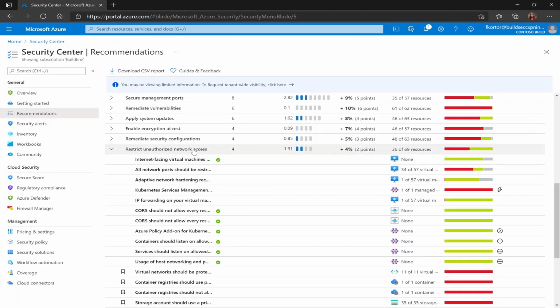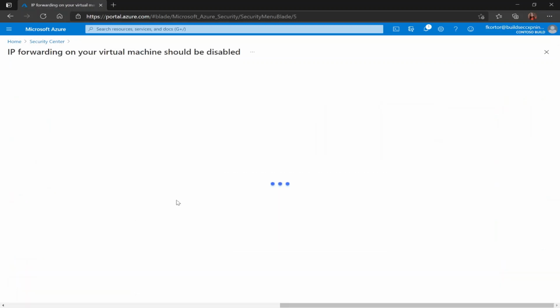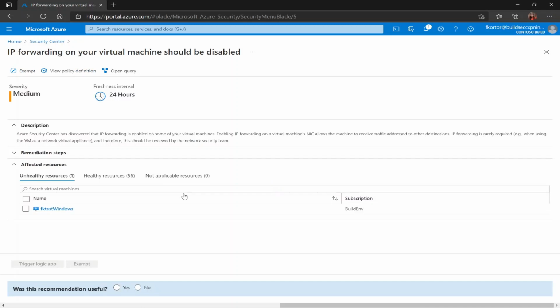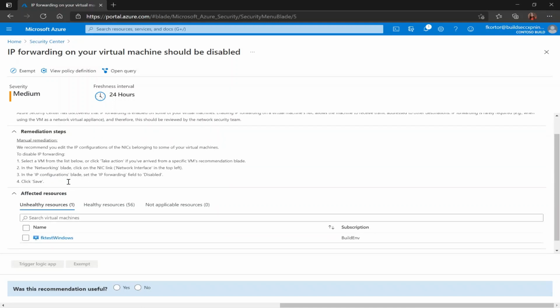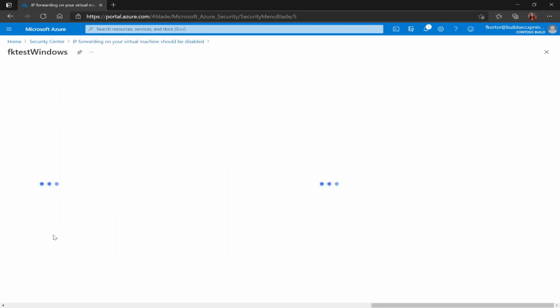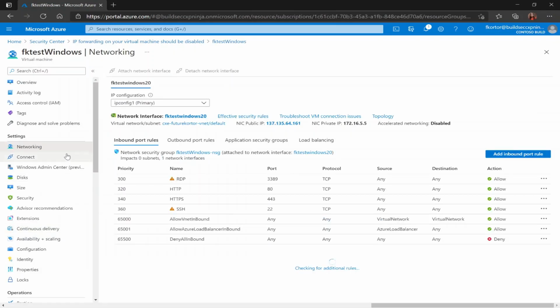Another recommendation that we have underneath restrict unauthorized network access is IP forwarding on your virtual machine should be disabled. And with this recommendation, Azure Security Center has identified virtual machines that have IP forwarding enabled, and we learn how to disable the IP forwarding in the remediation steps. To implement what we learn here, we can click on our unhealthy resource, and it takes us back to this networking page for the virtual machine, and we click on the network interface here,